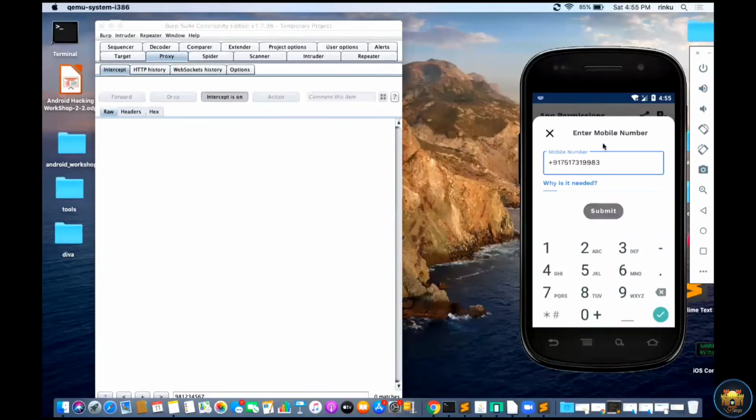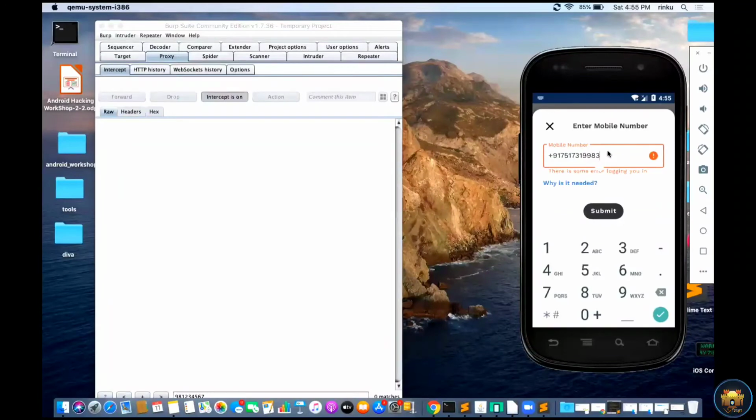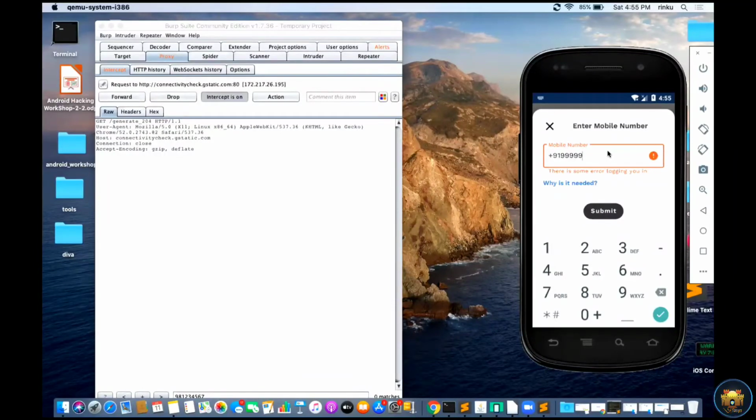Yeah, capturing. Actually, this won't work because I don't have a Bluetooth device in the emulator, so I am not able to register here because of the Bluetooth restriction.